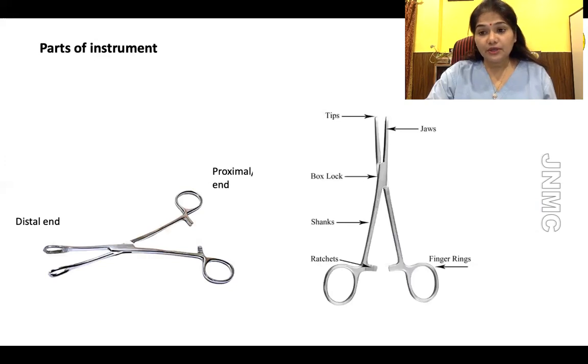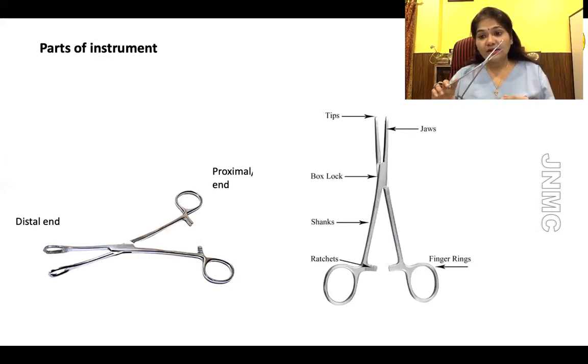So the obstetric instruments which are given to me are sponge holding forceps, episiotomy scissors, encerclage needle, and Doyen's retractor. I'm not going to go into the theoretical aspect of each and every instrument, but I'm just going to show you the basic specific things which are expected from that particular instrument.